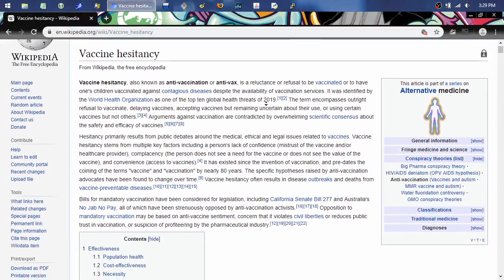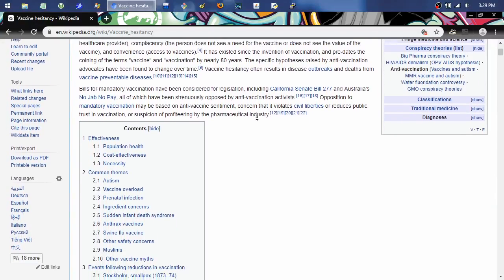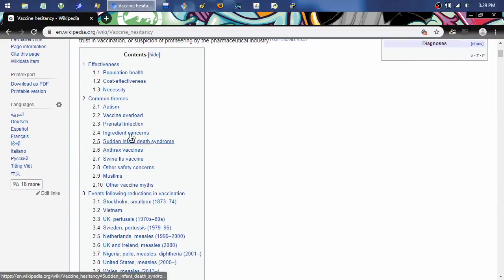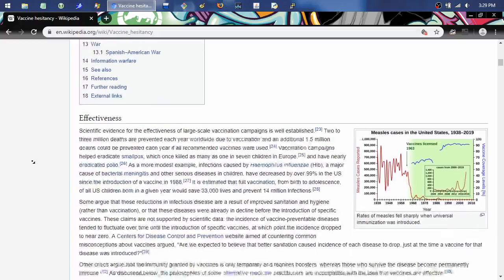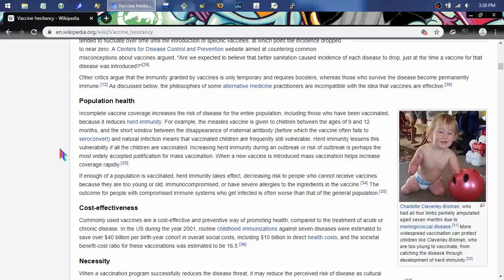I will not donate to you. I think I have in the past, and I regret that. But you go down here, and the last time I went through this a few months ago, there is nothing. Other vaccine myths, you know what I mean? Common themes, stuff like that. For vaccine hesitancy, effectiveness, and they say all this stuff as if it's so effective and everything. But when you go down,